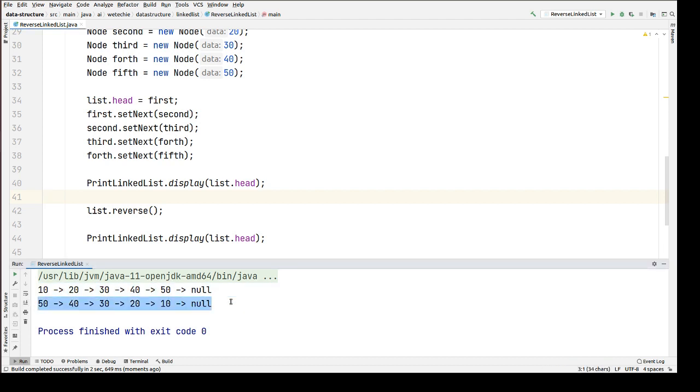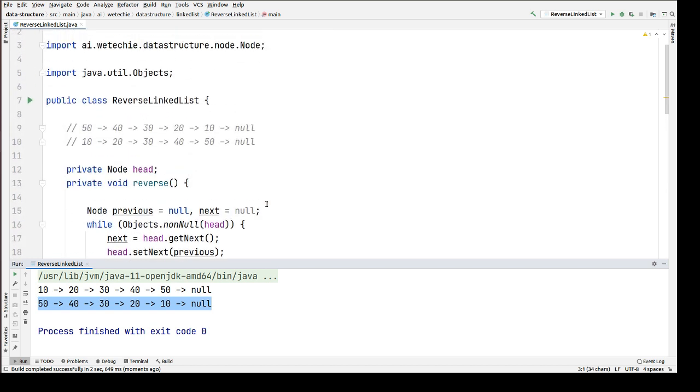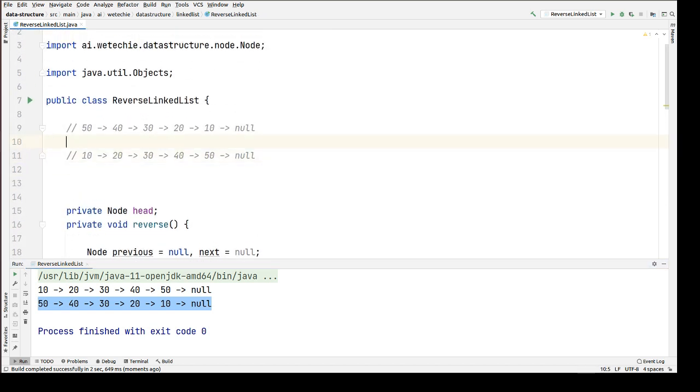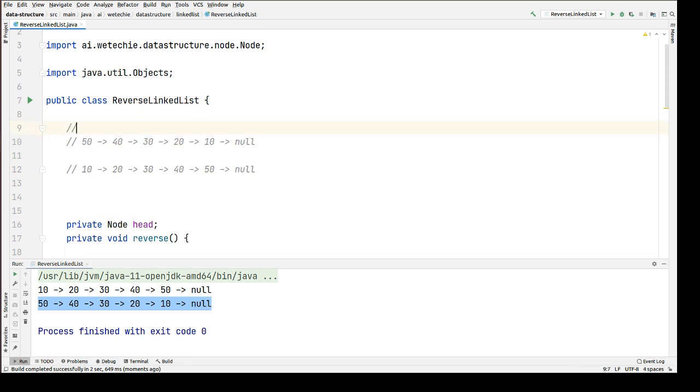Let's verify this output with the output which we had discussed, right? This first line is the output, so let's keep our output here. Now you can see the reversed list output is 50, 40, 30, 20, 10, and